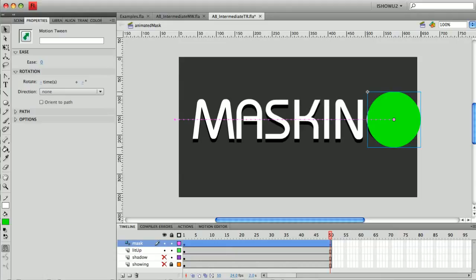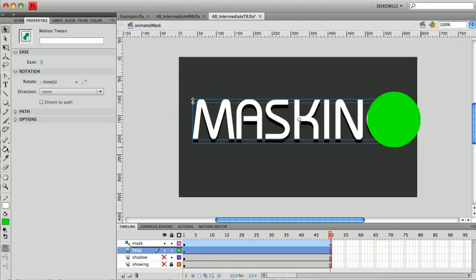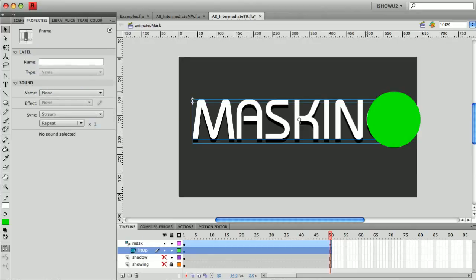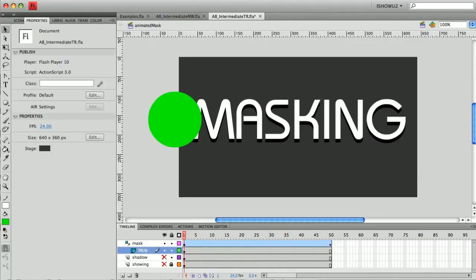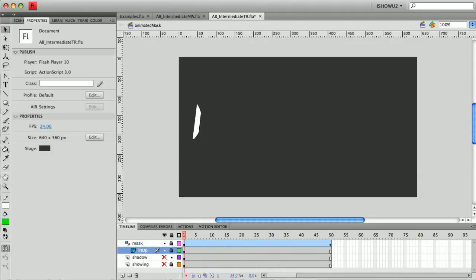It doesn't behave any differently yet because I need to add the masking words underneath the mask by dragging the layer up and to the right so that I get that icon. Now, it's technically masking it, but we're not seeing it in the editing environment because I need to lock those layers. So once I lock them, you start to get this look of a spotlight, if you will, going over